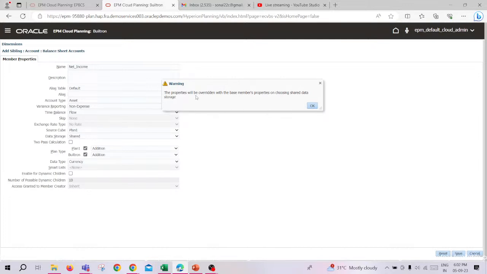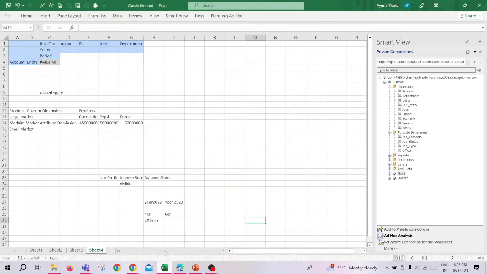That's why it's showing that the property will be overridden with the base member property and choosing the share data. From here you can just select that share data. It's not working right now, but after doing that you can see in your application that you have the shared member. Under balance sheet it will be named net income, net income bracket shared. It will be shown like that,